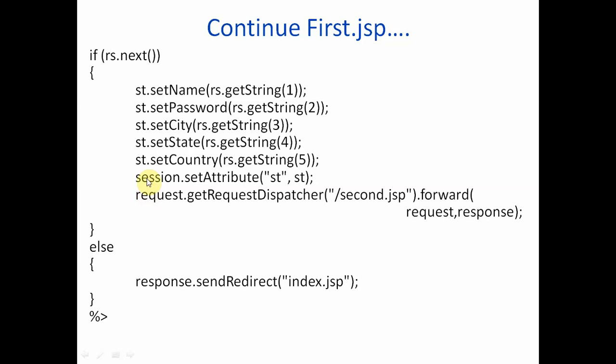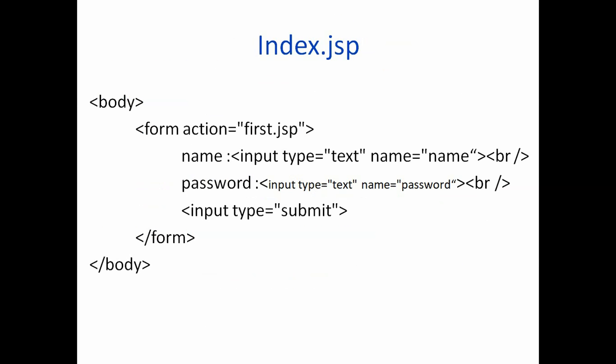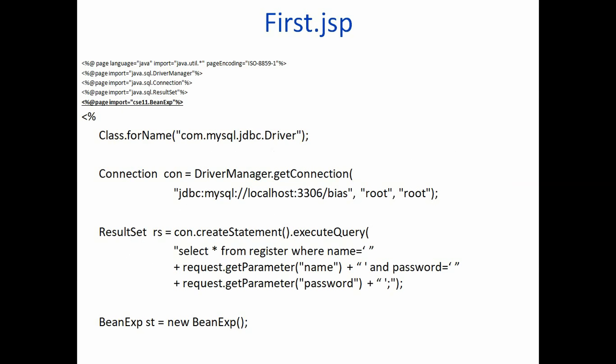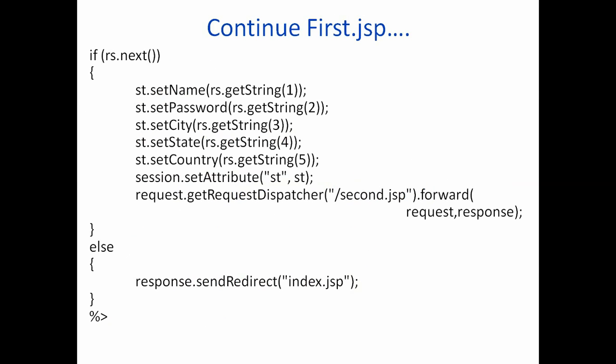So we are writing here session.setAttribute, that st will be the session attribute. So we are establishing a session, meaning we are jumping to another server. first.jsp is the program of the first server, and initially we wrote index.jsp. This is the program of the client. It will run on the client side and display on the client window, and first.jsp is the program that will run on the first server, and now we'll jump to the second server.